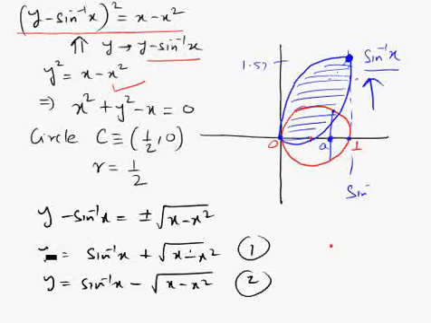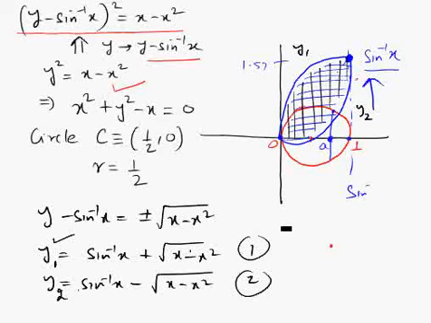And obviously you can see this is greater than this, because we are adding a positive value to this and subtracting a positive value, so this is more than this. So if I say this is the y1 curve and this is the y2 curve, we have to find the area bounded between y1 and y2,